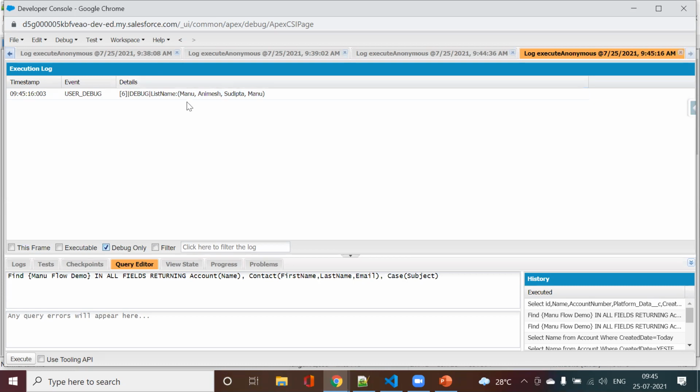So here I have the ordered records, but duplicates also came. Is this clear? Okay, so this was one way I did initialization, adding to the list.